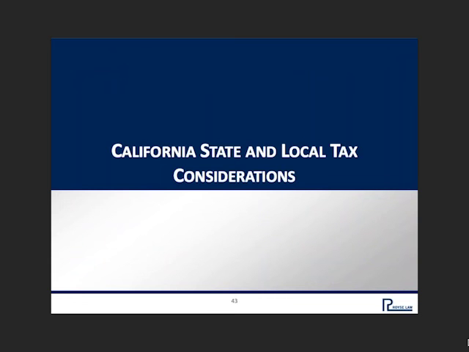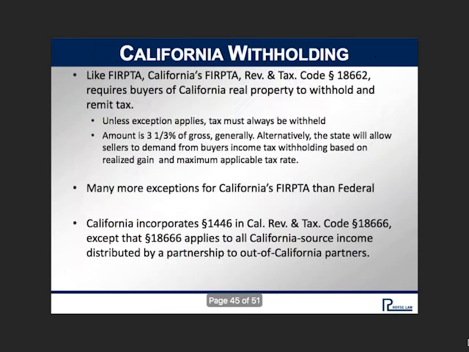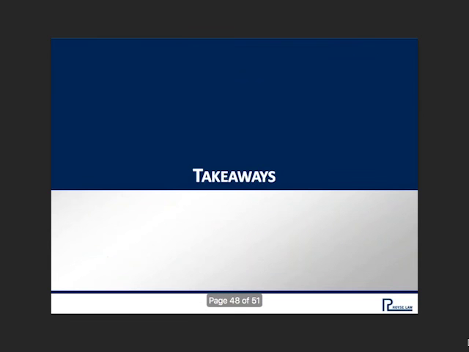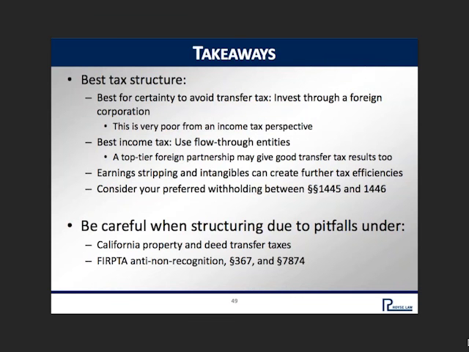We're going to breeze through California state and local tax considerations, just ignore them because I'll mention them in this last slide, which is what are the takeaways? What should you have gotten from this whirlwind tour through the crazy tax rules that govern foreign investments in real property? Well, the best way to be certain to avoid transfer tax is to invest in U.S. real property through a foreign corporation. You do have very negative income tax results from doing that. You have no capital gains, and you can have